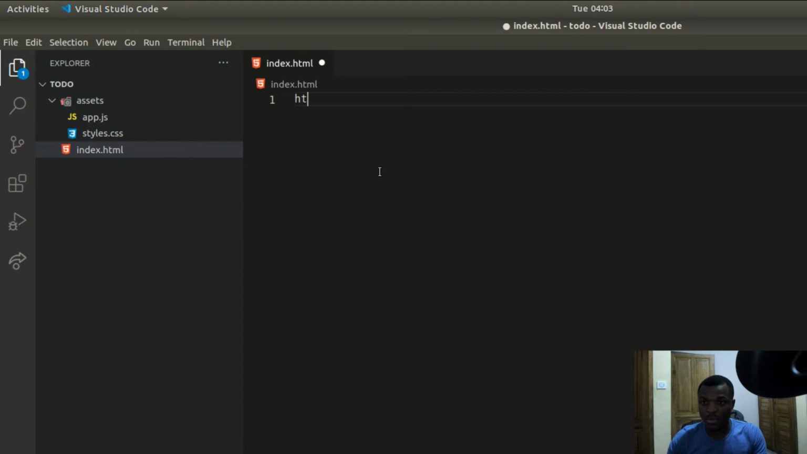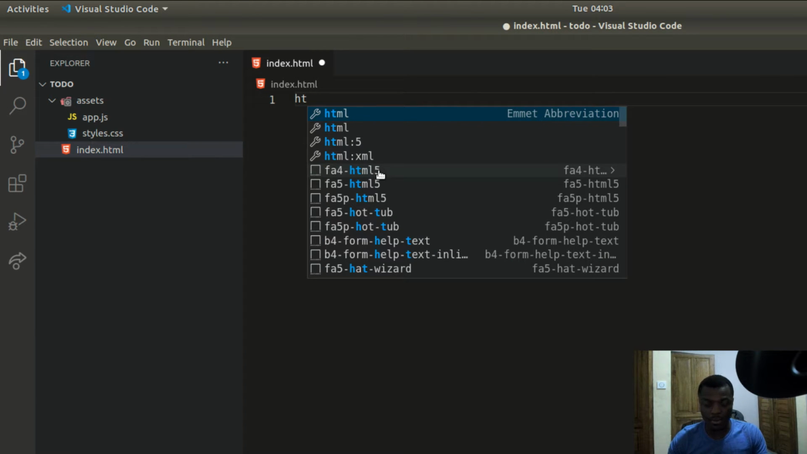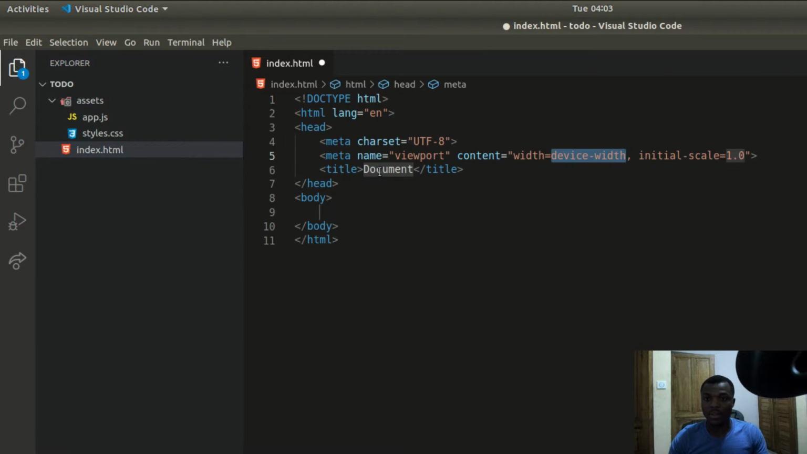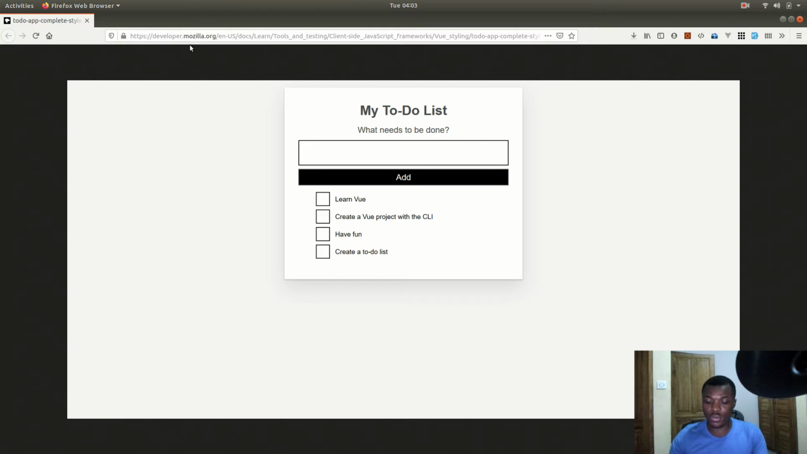Inside here, I'm just going to start up with the HTML5 layout, and I'm going to add a title here called stack.do. I like to call it that way. Next thing I want to do, I would just like to import some assets that we are going to use. For example, we're going to be needing